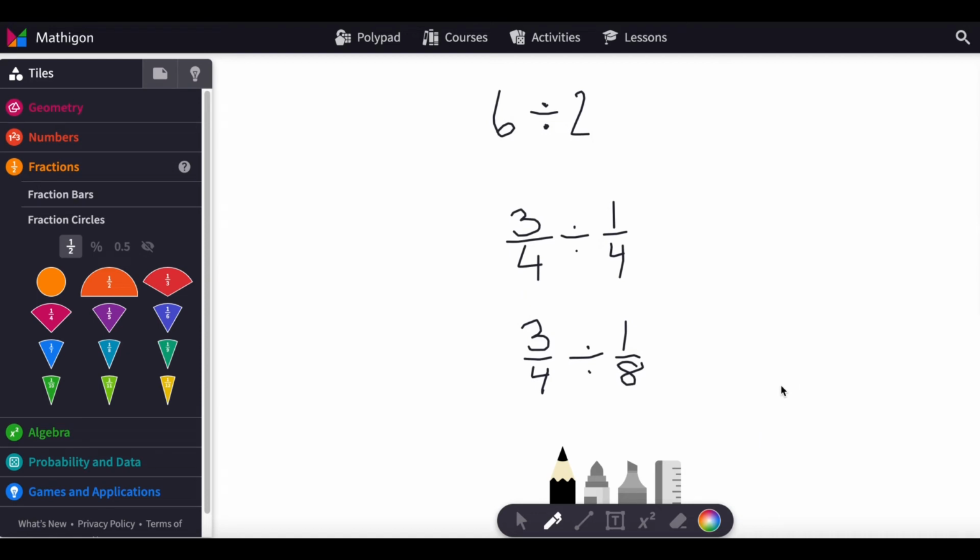Now let's practice dividing. 6 divided by 2 could mean 6 things shared by 2 people, or it could mean how many groups of 2 would make 6. And that's the method that I'm going to use today because it makes the most sense for fractions. So let's say I have these 2 and these 2